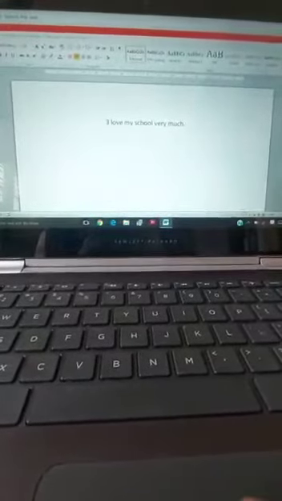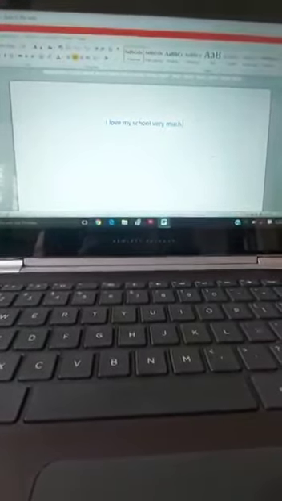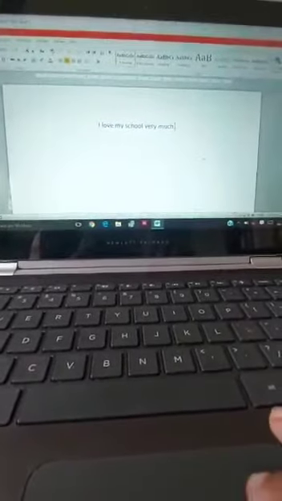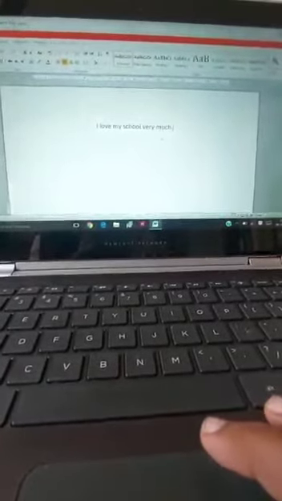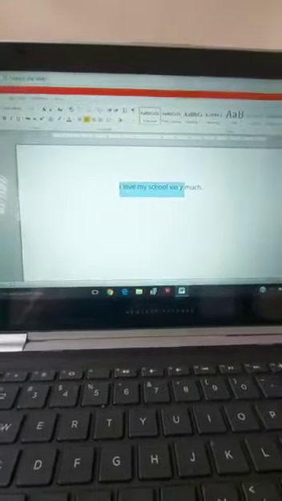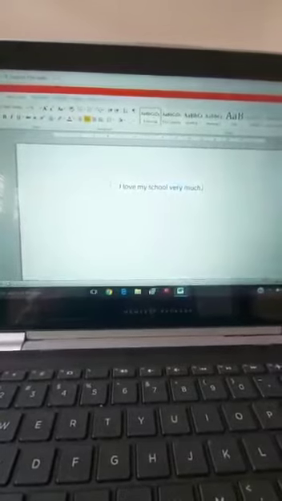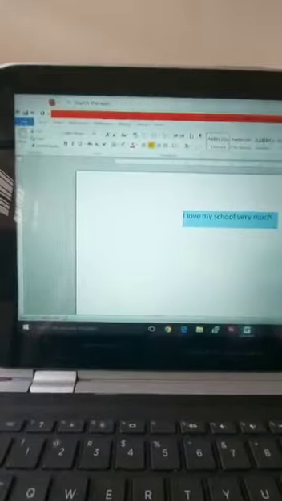See here, this is the text that you have typed. For this text, I want to change the style. I don't want this. I want to change the font. So you will select this text. See here, double click the mouse, left click, and drag it till here. Fine, and then go to the Home button here.